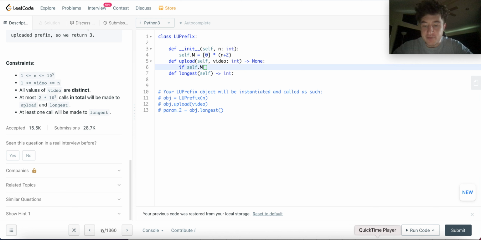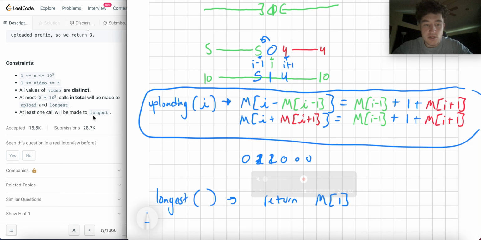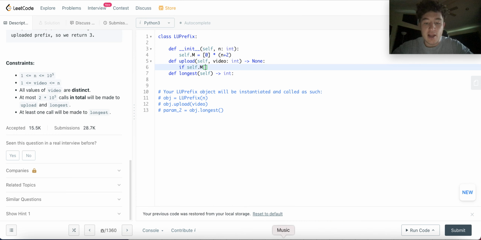So now we just have to run this equation. So m of I, the video that we're uploading. I called it I, but it's actually video, right? So we say self of m of video minus 1. I called it m for movies, I guess.